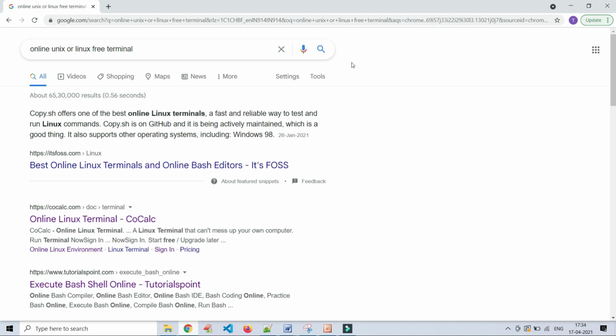For everything we must have some pros and cons, right? In the same way, for online terminals also there are some pros and cons. One is easy to use. No need to install any software in your PC, no need to load any APIs or anything. You just search for that, enter the website, log in and continue your work. It's very easy.